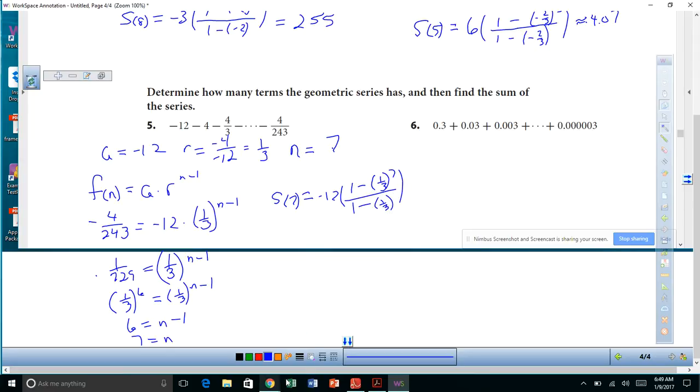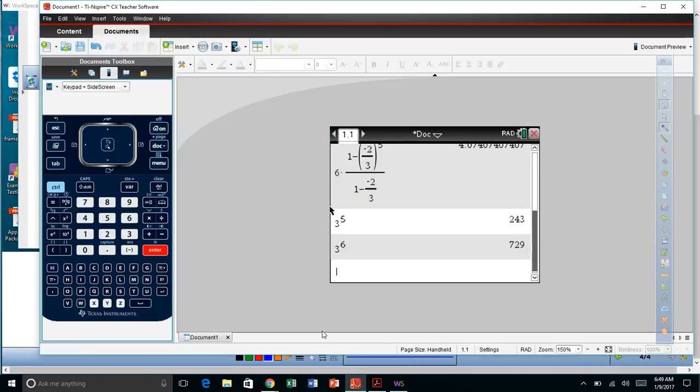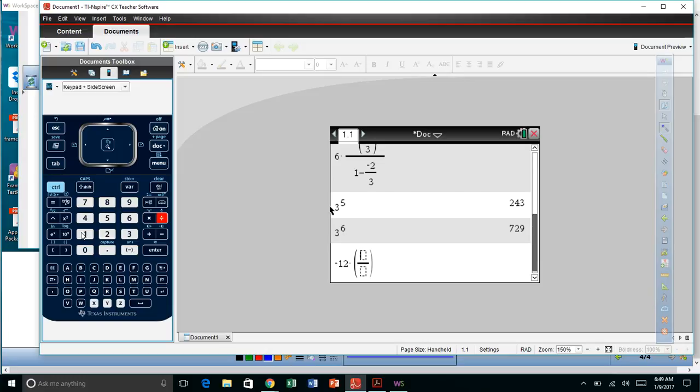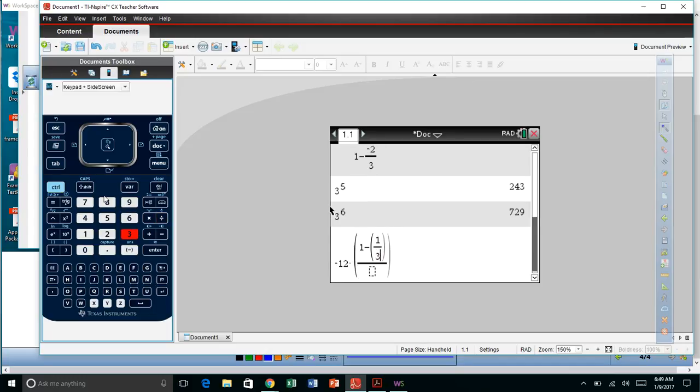And let's put that in the calculator. So that's going to be negative 12 times 1 minus 1 divided by 3, close parentheses,